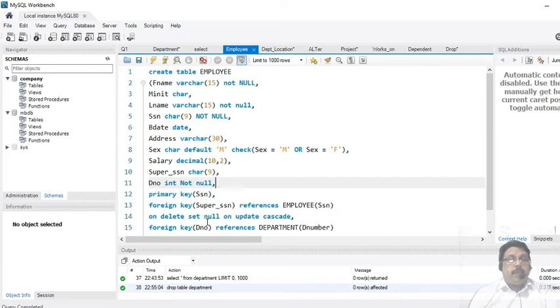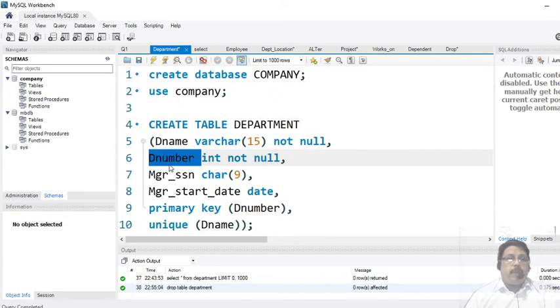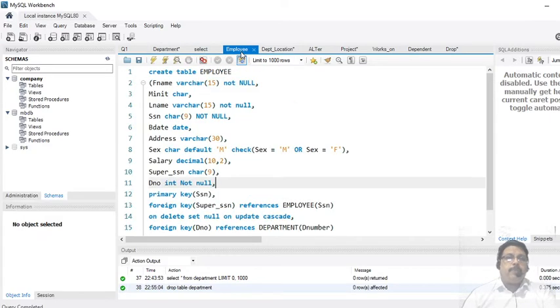We know primary key cannot be duplicated. Means here when you give the number for a department, you should give, for example, automobile 1, civil 2, computer 3, 4, 5, like that. Maximum 5 departments if you take our college, correct? Here when you give the value for this D number, it should be the same value as a primary key. That is the rule for foreign key.